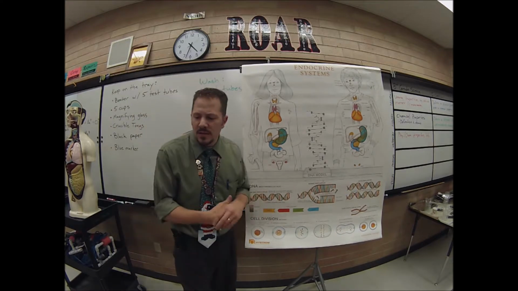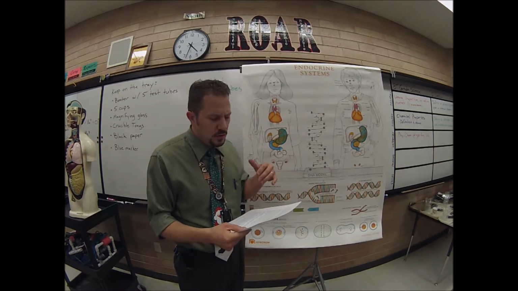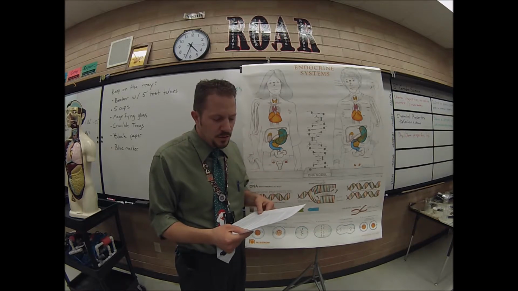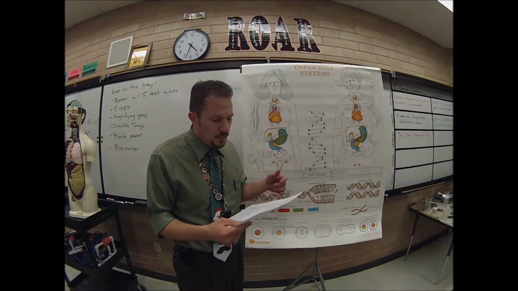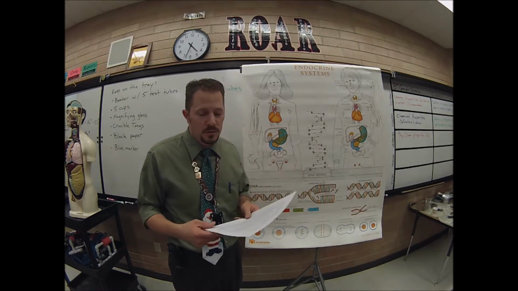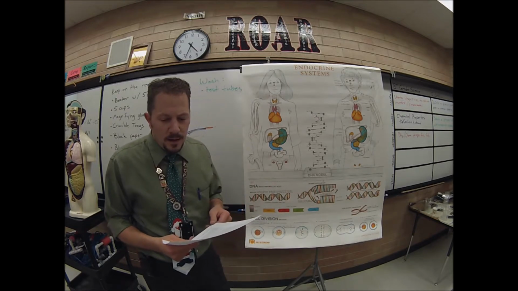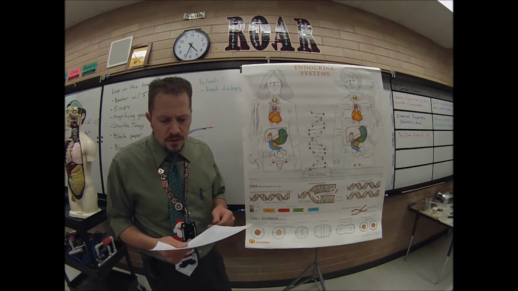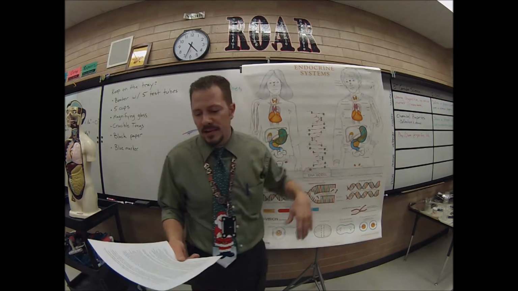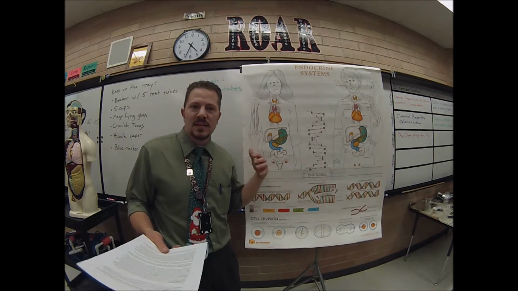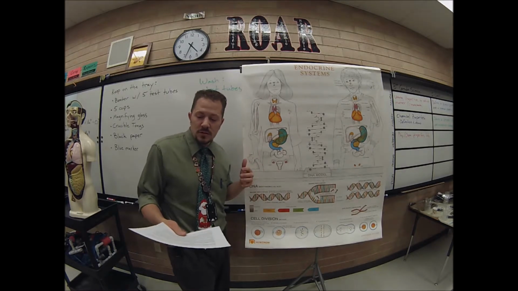Our hypothalamus is going to, just a few lists here, the things that it controls: it's going to govern body temperature, thirst, hunger, sleep, circadian rhythms, your moods, sex drive, and releases other hormones to get things going. It also sends signals to the pituitary gland, which is also known as the master gland, because it sends signals,